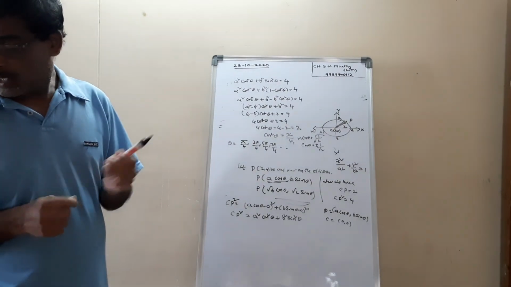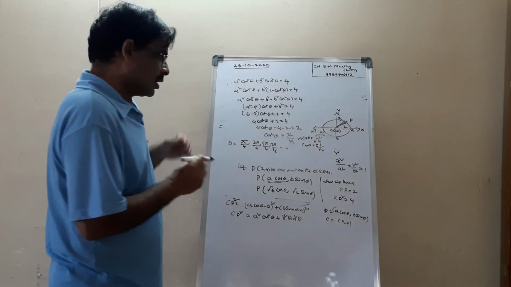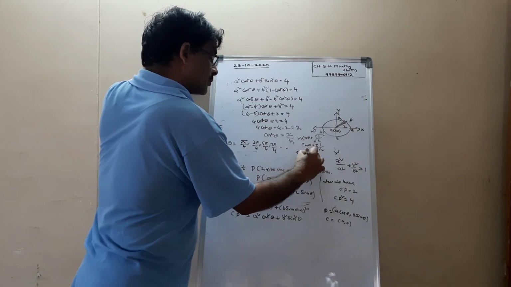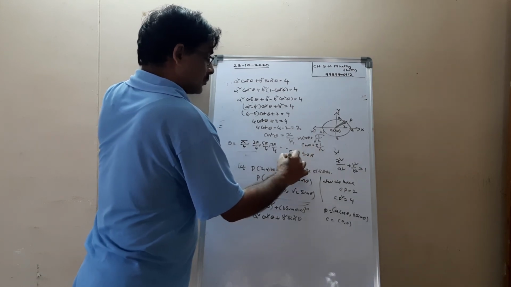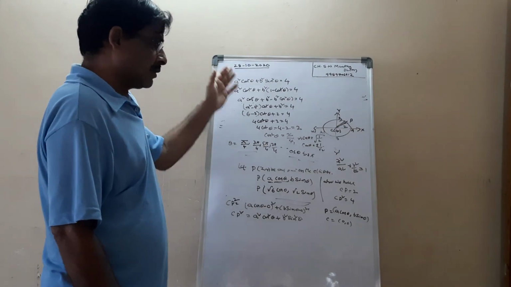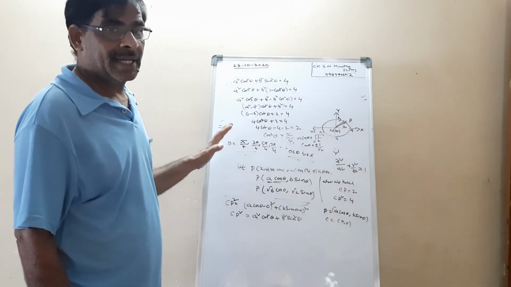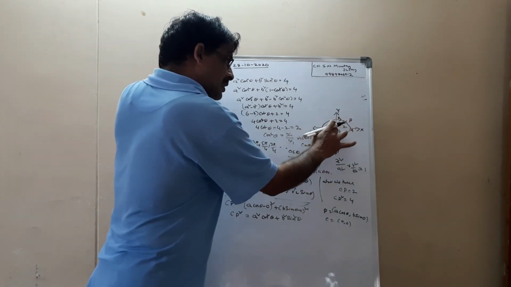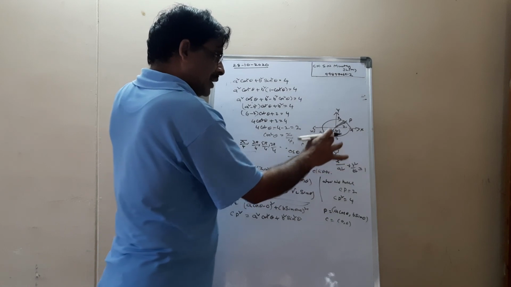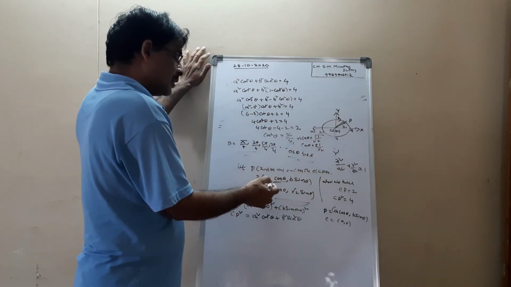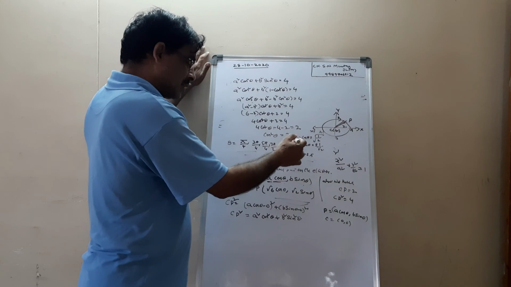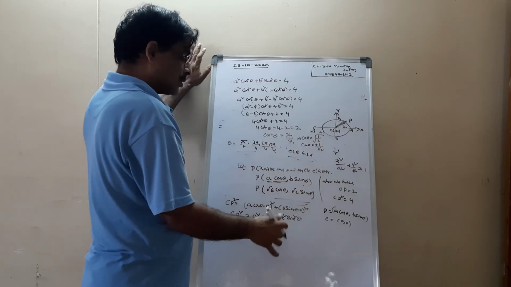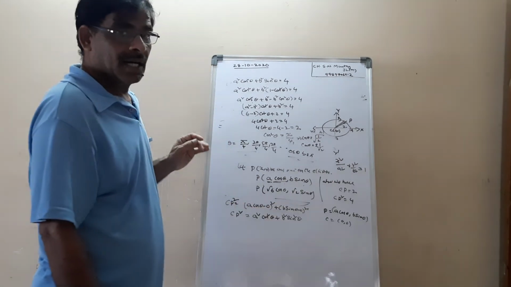These are the values of theta, which lie between 0 and 2 pi. See, this is the way of finding the value of the eccentric angle. What is given? CP, the distance between C and P, is given to you, and you take the point P as a cos theta, b sin theta. A is already root 6, and b equals root 2. You substitute the values and you can get the answer. Okay, thank you.